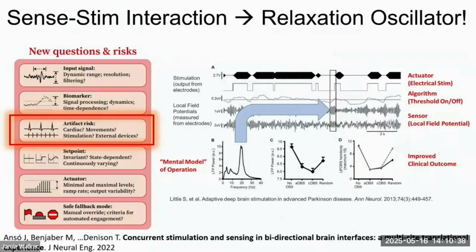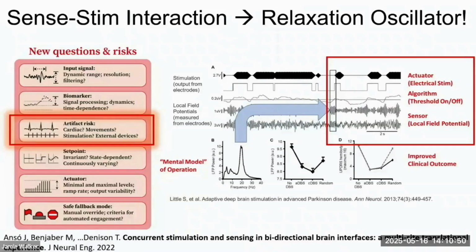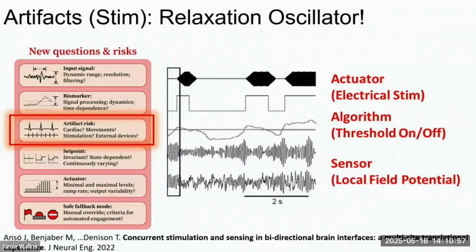The other one is stimulation. Just like when you're building a radio trying to do full duplex operation, where the transmitter is, say, 1,000,000 times more powerful than the receiver signal, we have the same issue here. The stimulation is putting volts across the tissue. We're trying to measure microvolts. And if we zoom in on this, this was with an ideal amplifier, kilowatt in the lab. Well, in reality, when we turn the stimulation on and off, it creates this broad spectral artifact, which